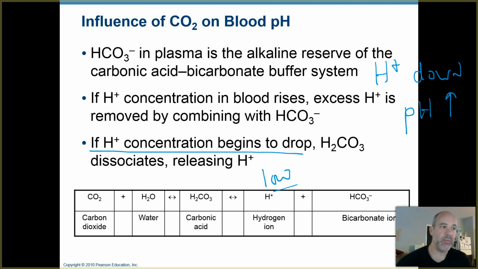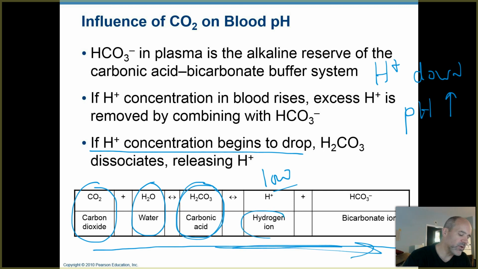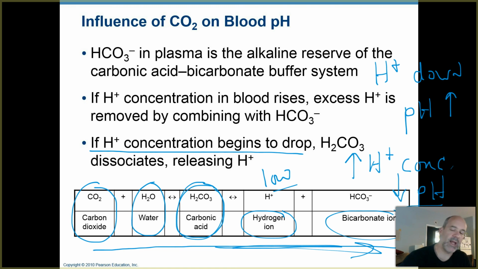we need to maintain the proper concentration of those hydrogen ions in our body fluids. So how can we get more of them? We can run this equation in this way. We need to take CO2 and bond it to water and form carbonic acid and allow that carbonic acid to break apart into hydrogen ions and bicarbonate ions. So that will, in effect, increase your hydrogen ion concentration and lower your pH. So that can help bring your pH